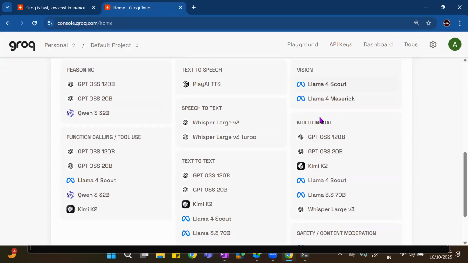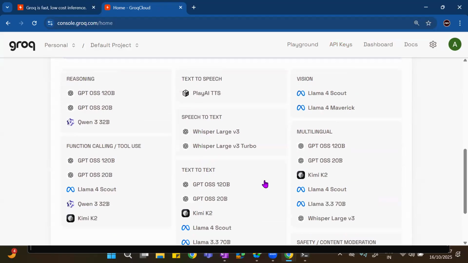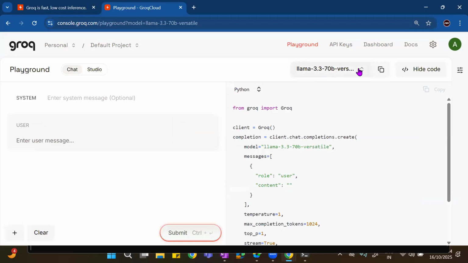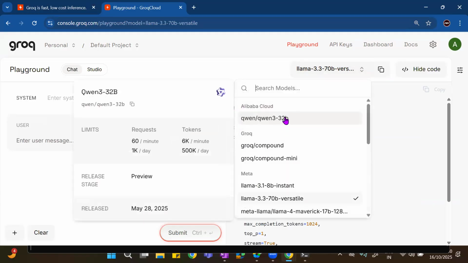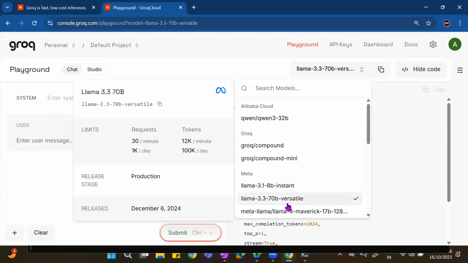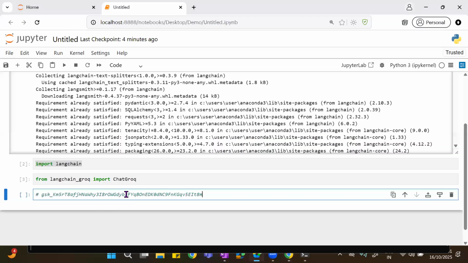Now I'm going with Llama over here. There should be a Llama. This one I want to go with. Its full name is Llama 3.3, 70 billion parameters, versatile. I copied this and I will keep it over here.